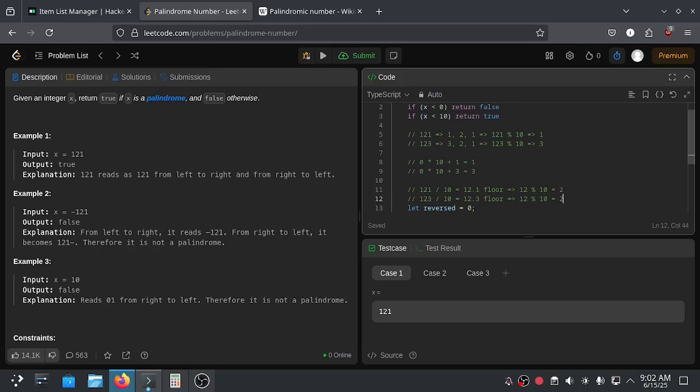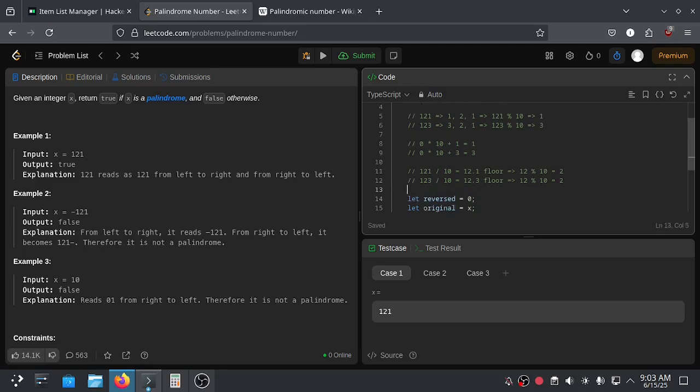And then we can store this number, so we can construct the second digit in the reverse variable.